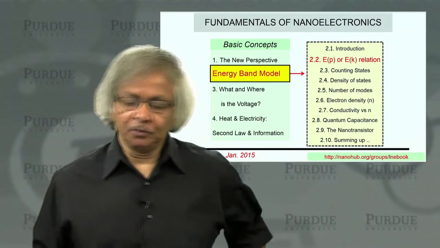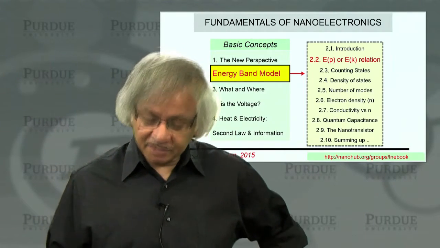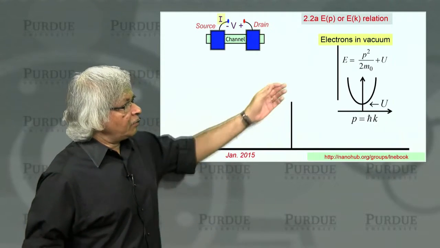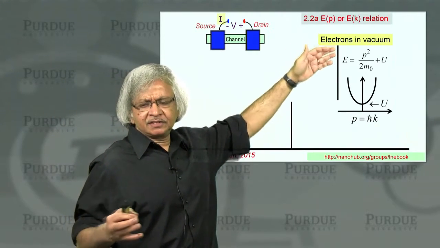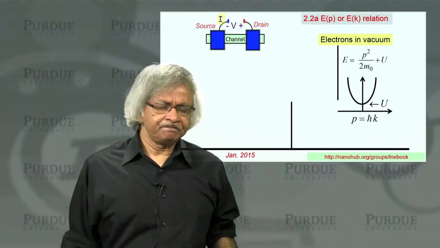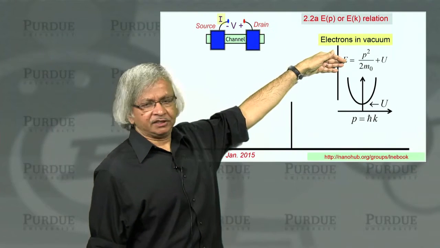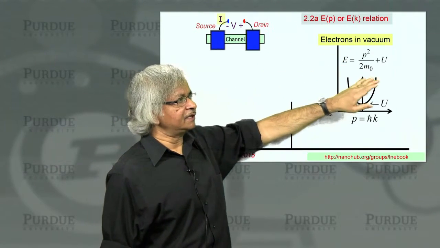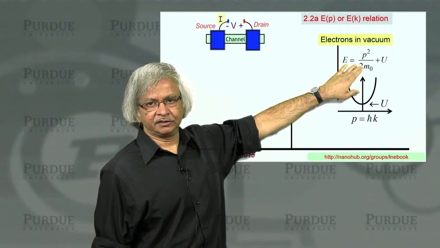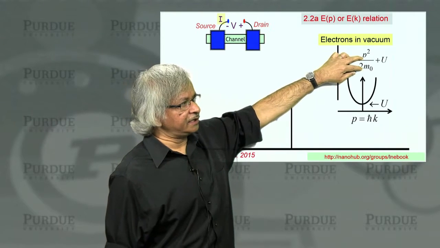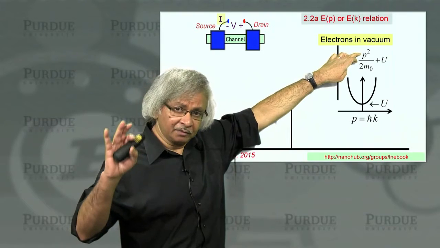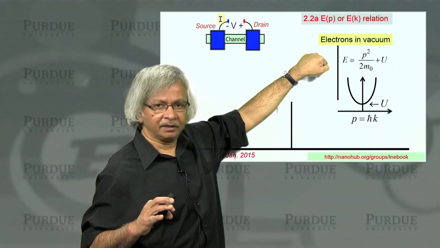This is Lecture 2, and we'll start from, as we had discussed, the energy-momentum relation. What you may be familiar with is if you had, say, electrons in vacuum, not in a solid, just in vacuum, then you could write the energy in the form of something you could call the potential energy and something you call the kinetic energy, right? And the kinetic energy is proportional to the square of the momentum. This may or may not be familiar to you, and we'll go over that in a minute.